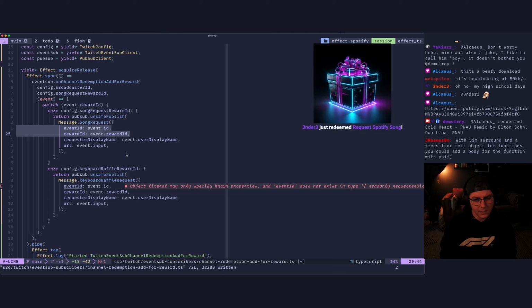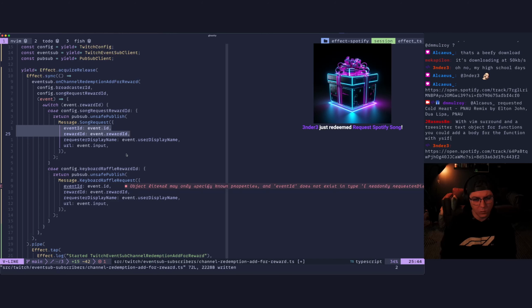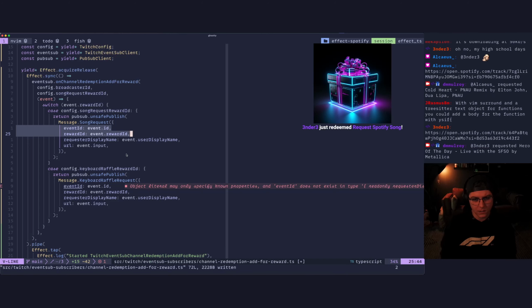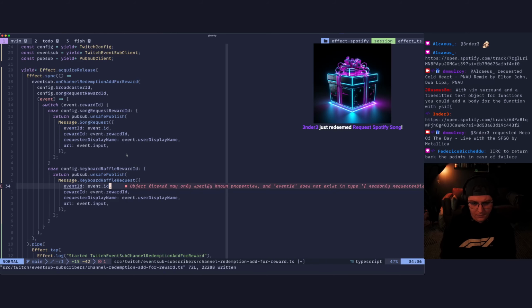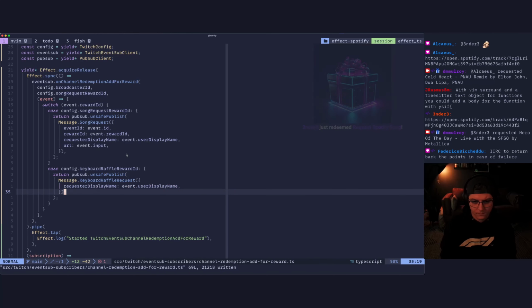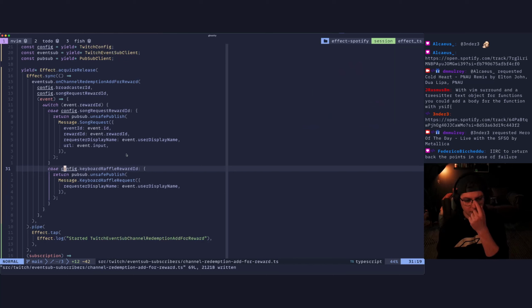Why would I need to send the reward ID and the event ID on the song request? Oh, for redemptions. All right, that should be good there.